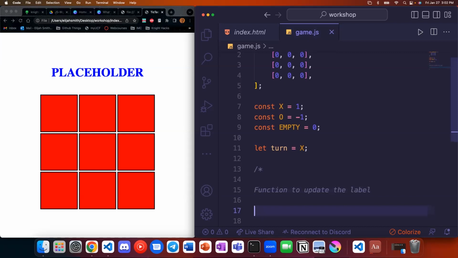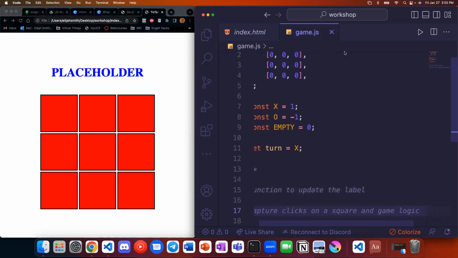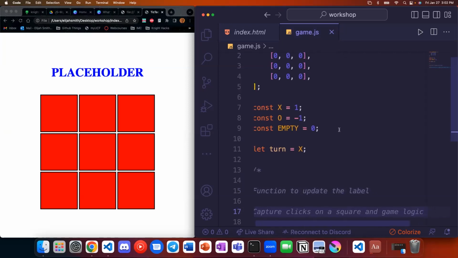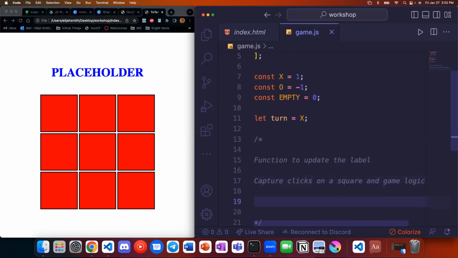We're going to need a way to capture clicks on a square and game logic. So when they click on a square, they try and place their piece there. If there's already a piece there, we don't let it happen. And then we're also going to create a function to repaint the board, which means take everything out and repaint the state, inserting pieces into the squares that they need to be in. Right now it's empty, but eventually we'd like to have those X and O SVGs in the boxes representing the game state.